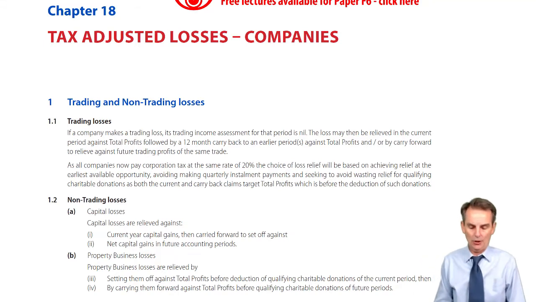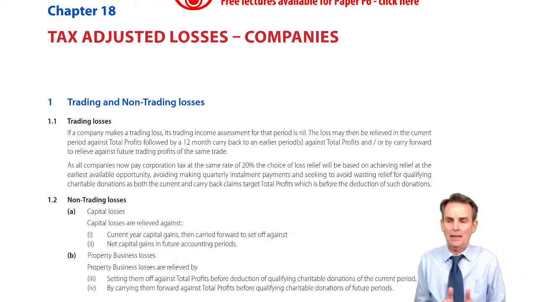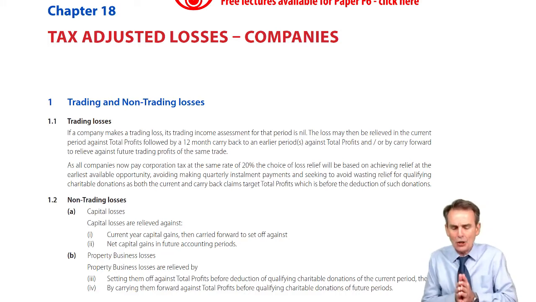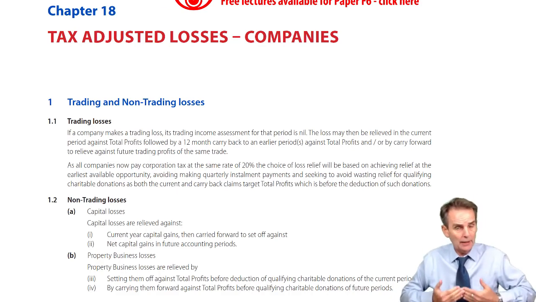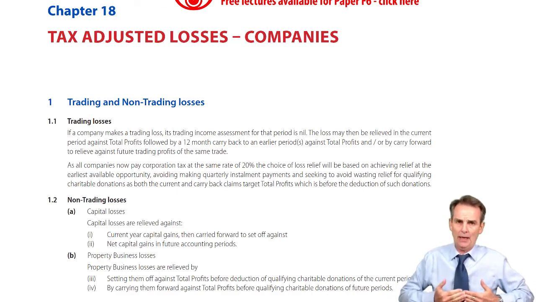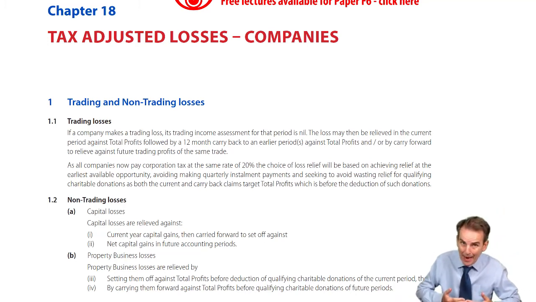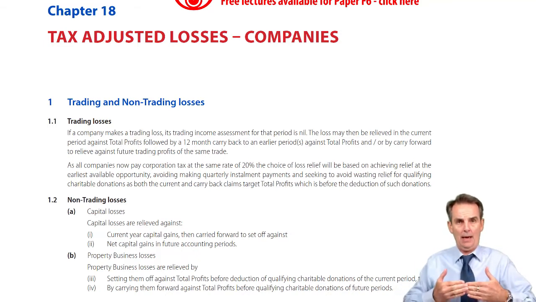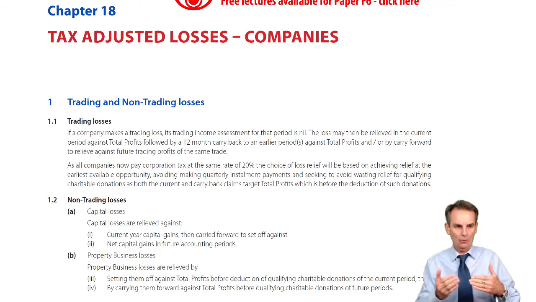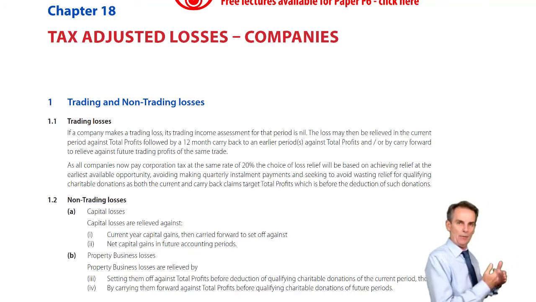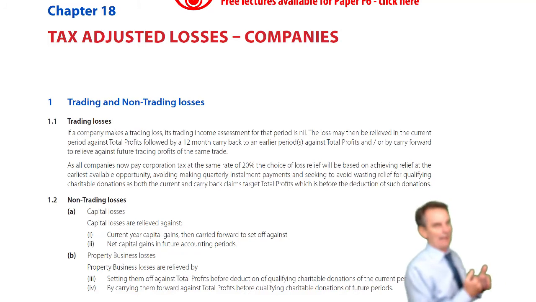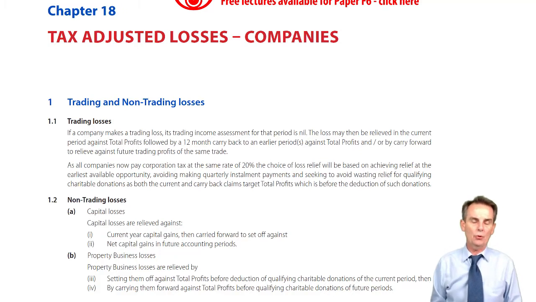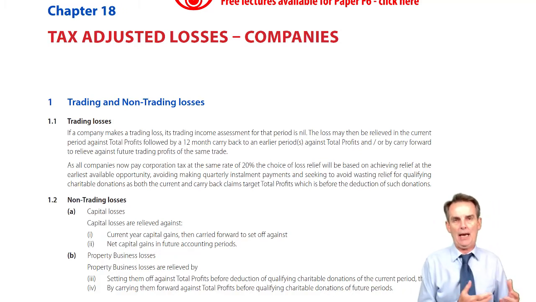So what happens as regards that loss? Very similar, as I say, to what we did in income tax. If you make a loss in the current tax year, you could stay where you are and set off against total income. You could carry back against the income of the previous year, and or you could carry forward. So these are the directions in which we could go: we can stay where we are, we can go forward, we can go back. And it's pretty much the same when it comes to corporate tax. The only thing that happens is we talk about chargeable accounting periods instead of tax years.